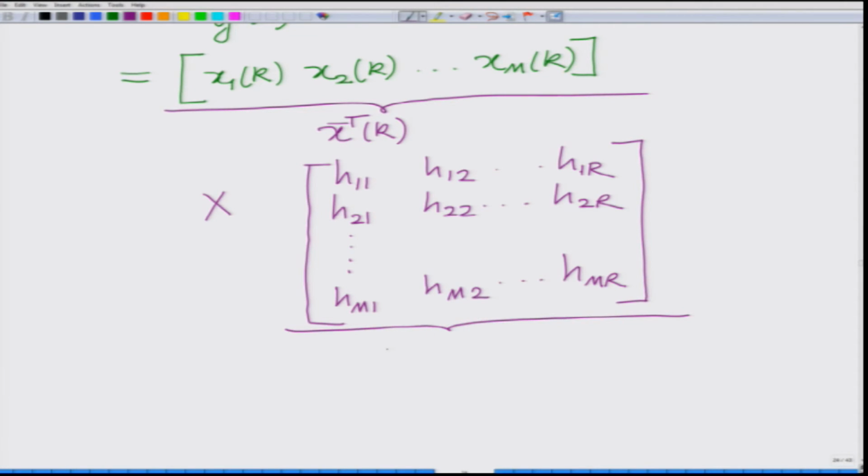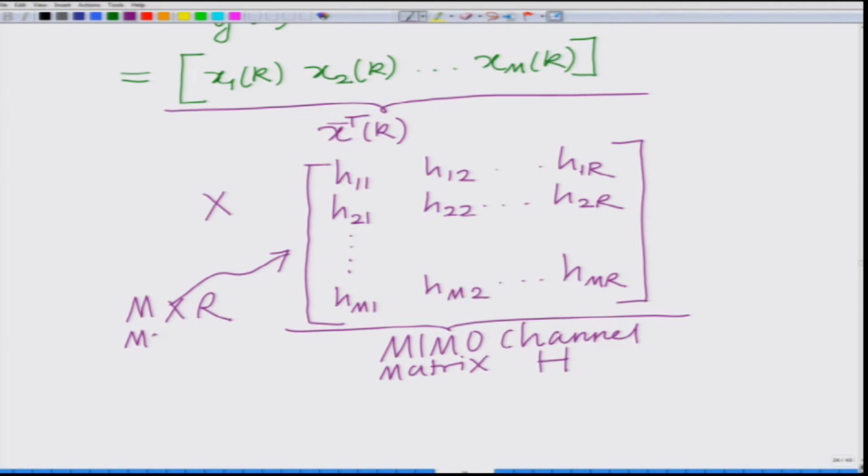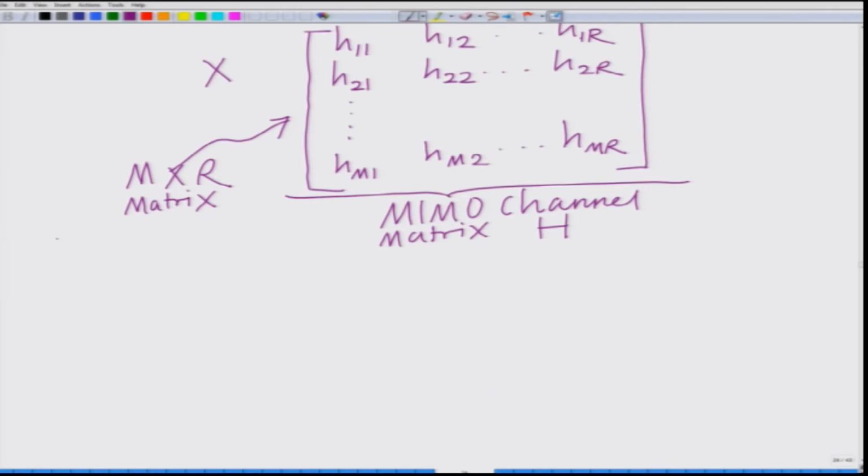This is your MIMO channel matrix H. And you can clearly see this is M cross R. So we now have the M cross R MIMO channel matrix H, correct, where M is the number of transmit antennas, R is the number of receive antennas, correct, and what is left is the noise vector,